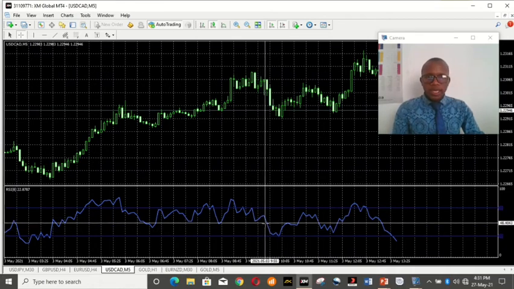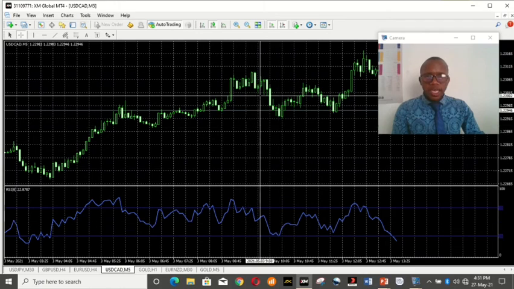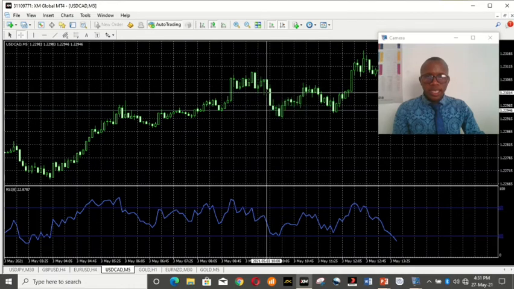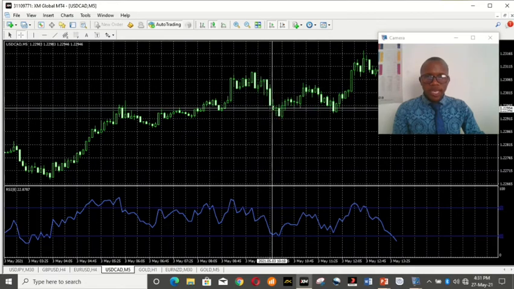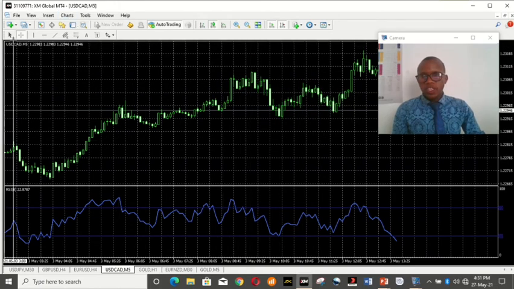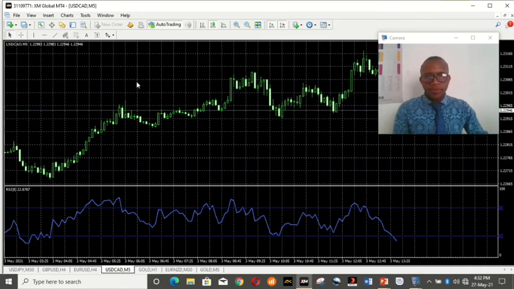But if you check here, while it was crossing, it was consolidating; it just went a little bit down and went high. Let's look for another, clearer example, because most of the time